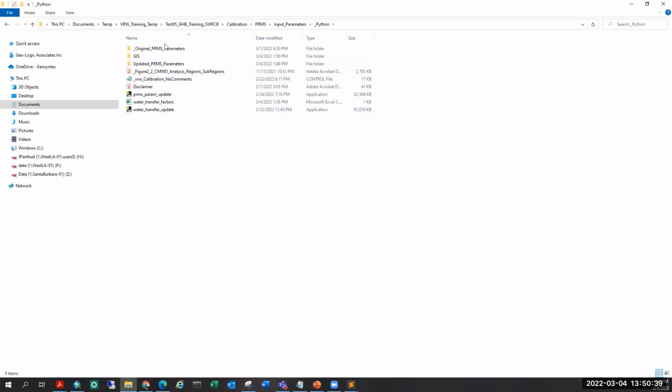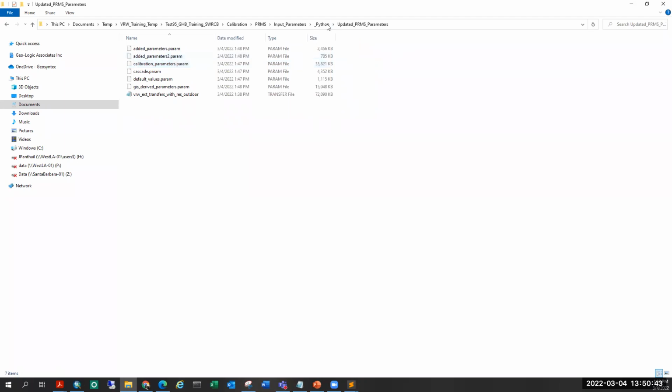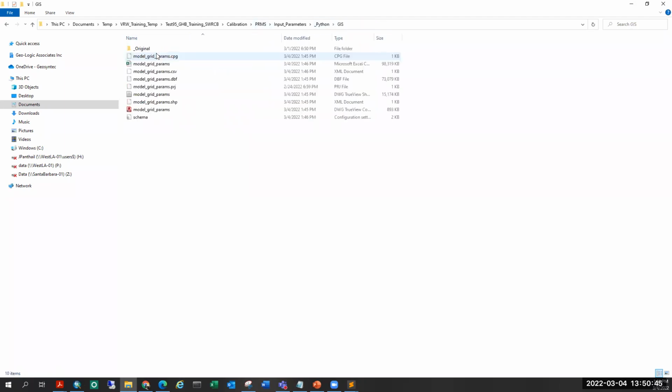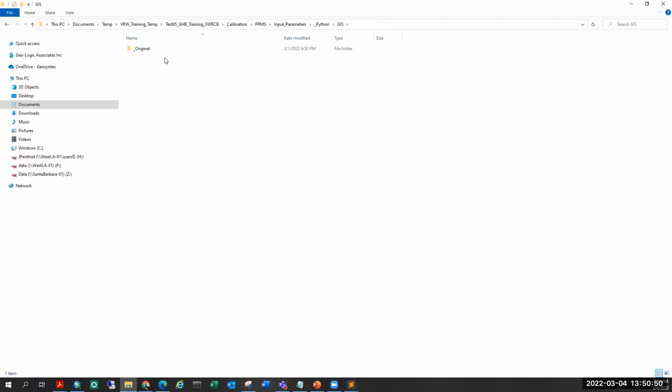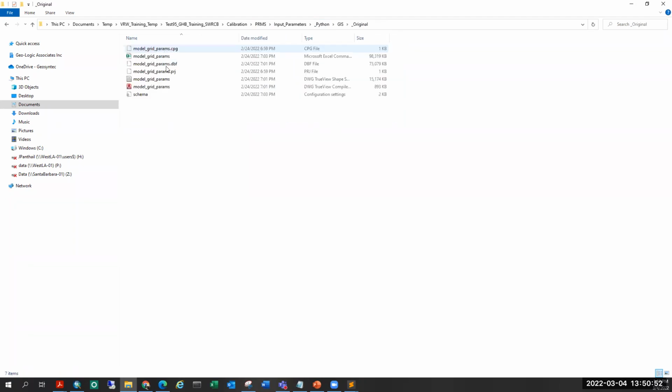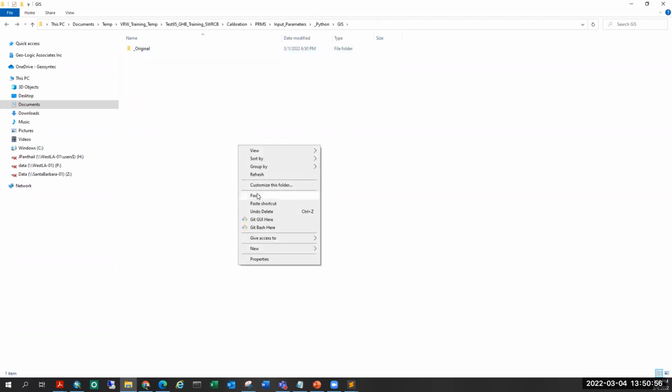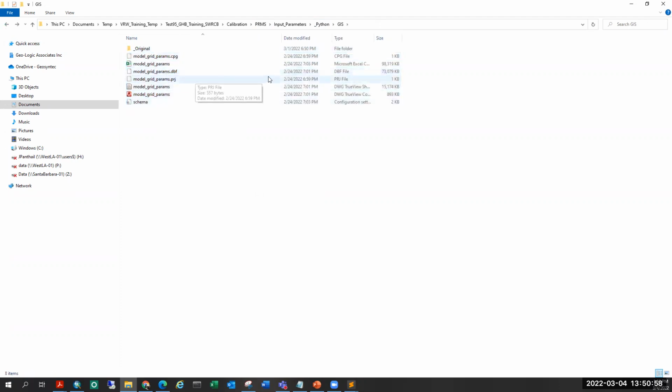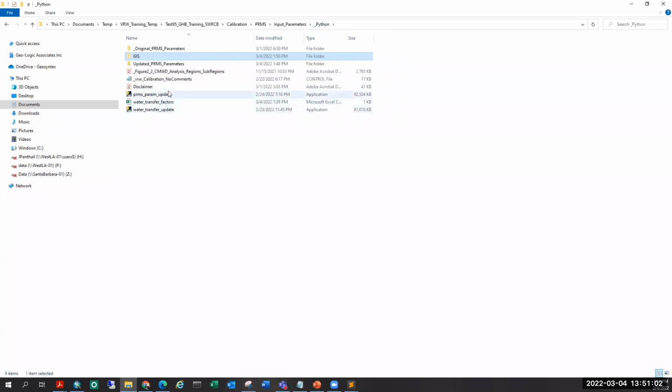If now I'm just going to take it back, remove this. And if I wanted to reset the tool to how it was before also, for the GIS folder, I can delete the thing that I edited. I can come back here, paste this again. So this is the unedited file. And if I run the PRMS tool again,